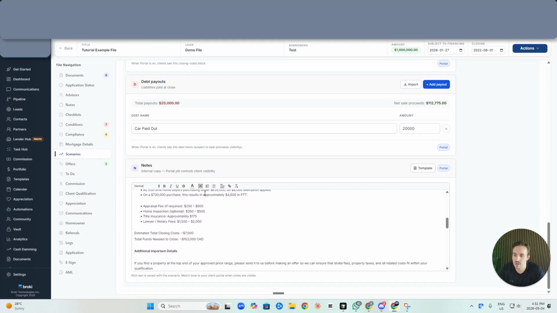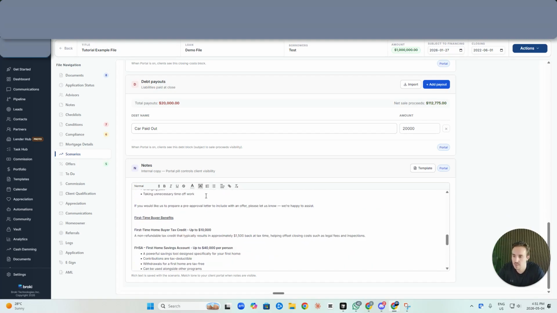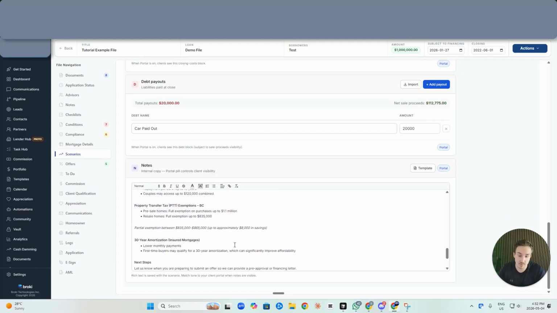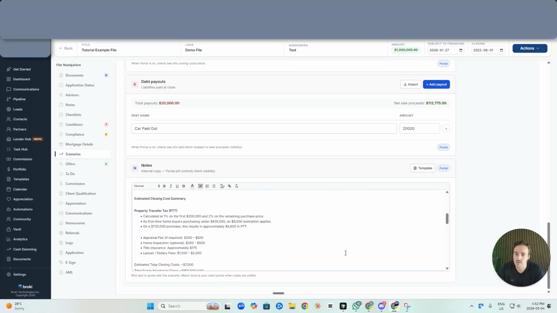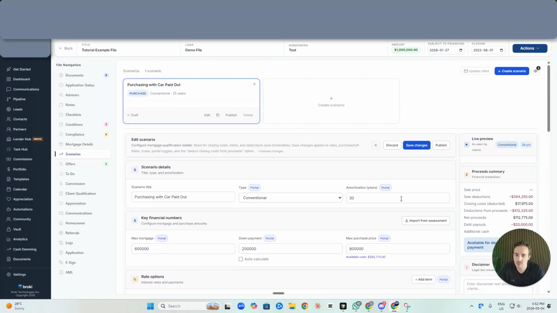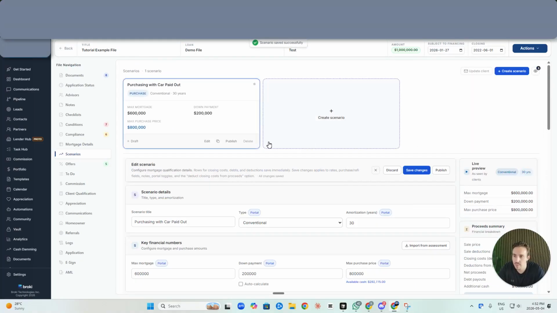All the different closing costs and how it breaks down, and then first-time homebuyer benefits. Now, if it wasn't a first-time homebuyer, I would just delete this. You can customize this however you want, but this just pulls from your email templates that you already have made. So now that we have this full scenario built, we're going to save changes, and we're going to publish